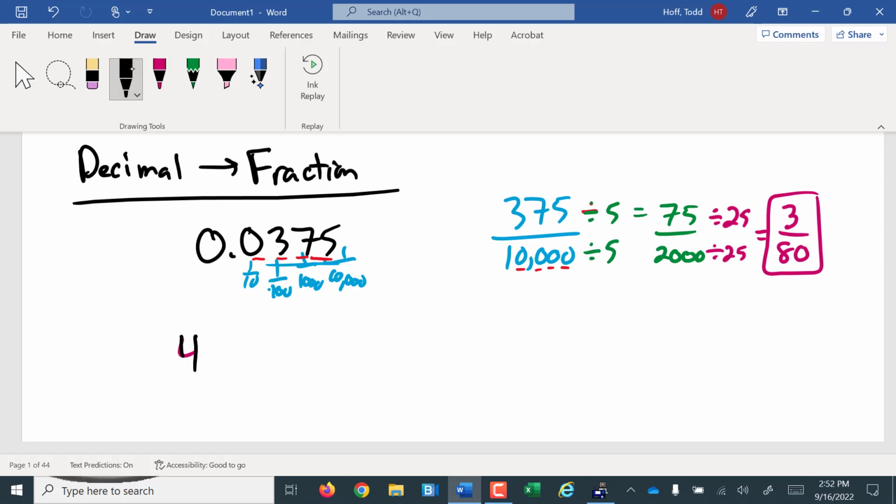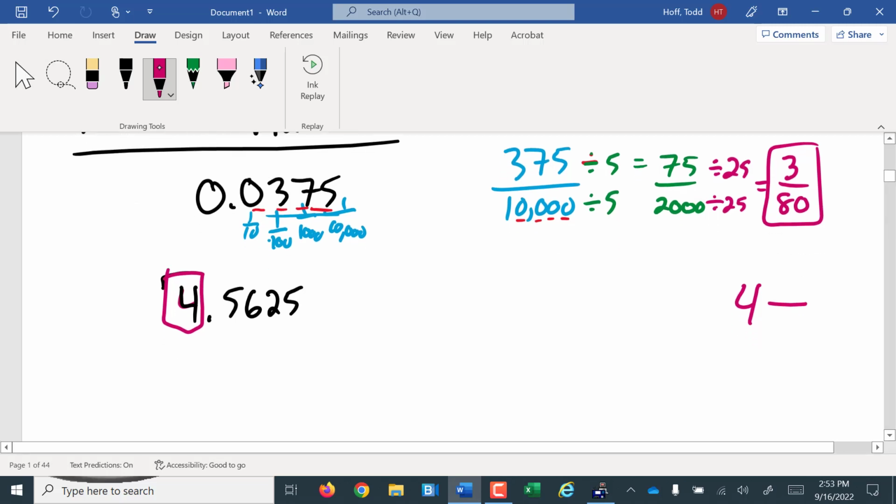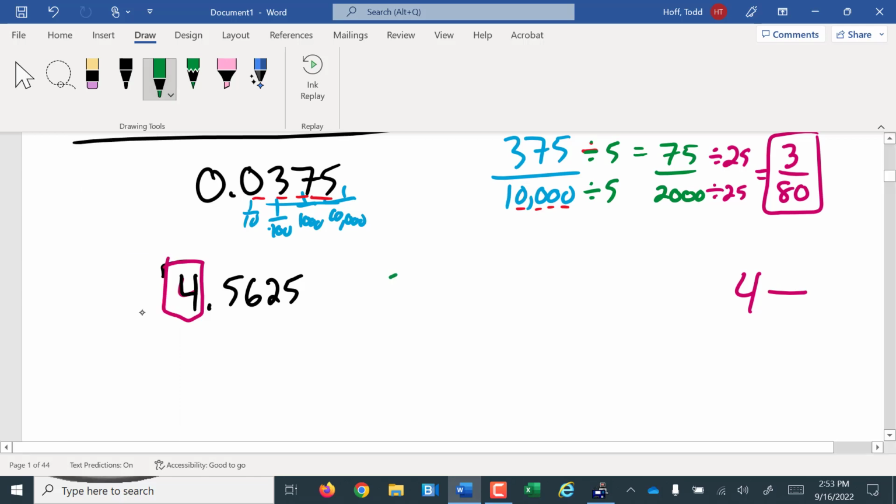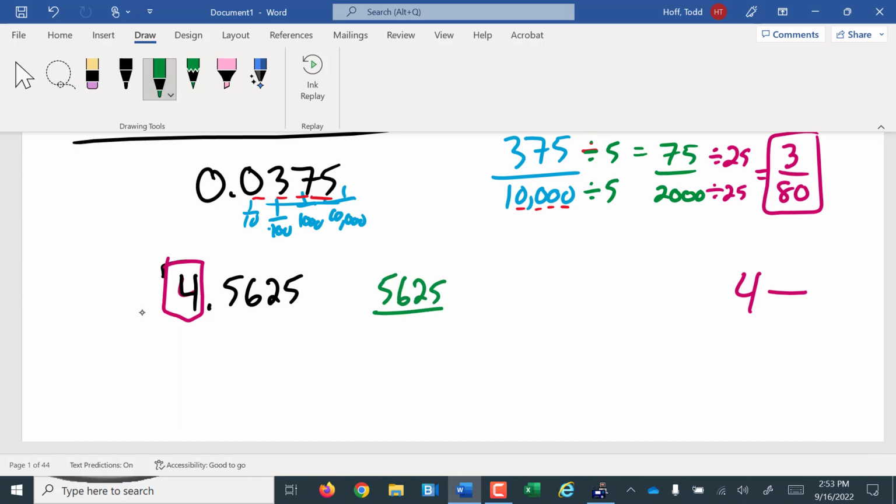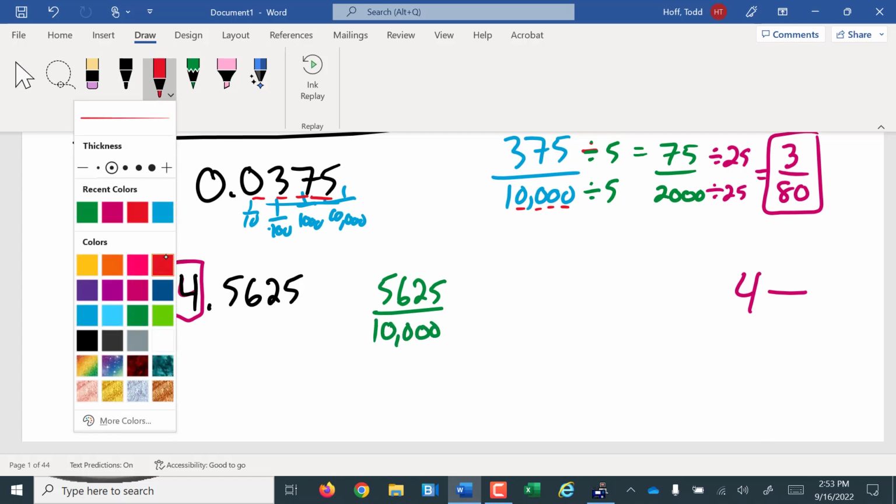What if I have 4.5625? The 4 that's out front, we're just going to ignore. That's a whole number. Just like a mixed number with our fractions, this is a mixed number with our decimals. This is going to be 4 as the whole number, and the part after the decimal point will become the fraction. So we have the 5,625 over 10,000 again. Both of those can be divided by